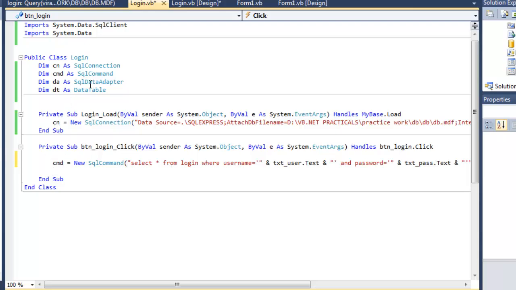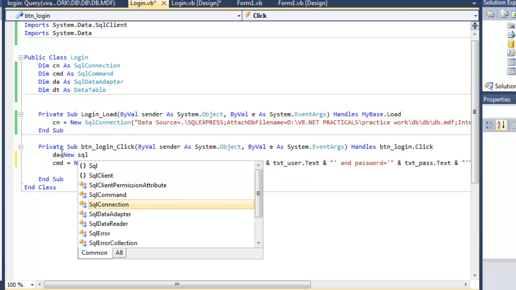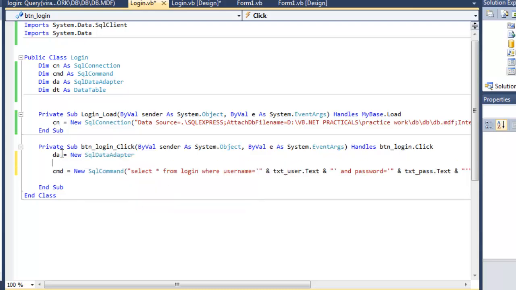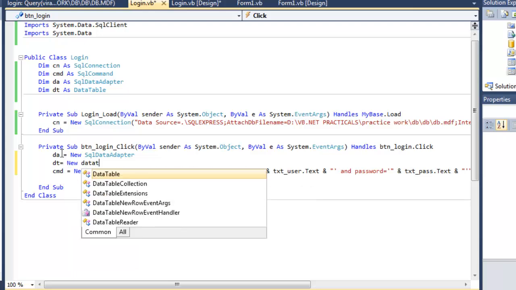So we are using another two classes, SQL data adapter and data table. So we have to initialize both. DA equal to new SQL data adapter, DT equal to new data table.